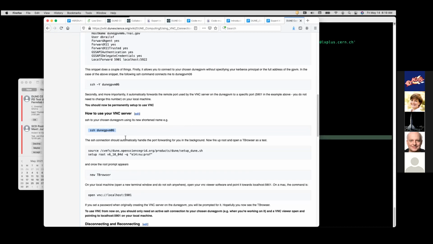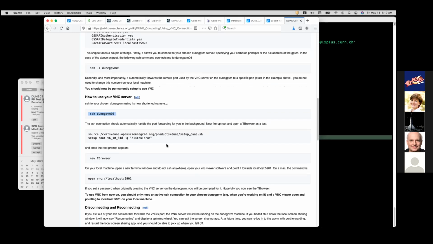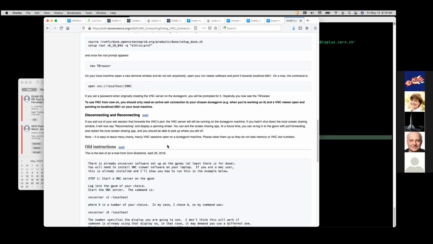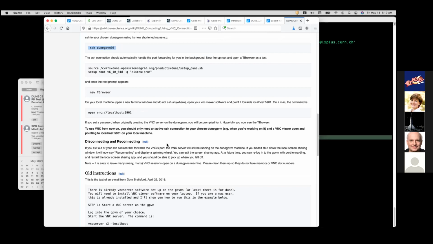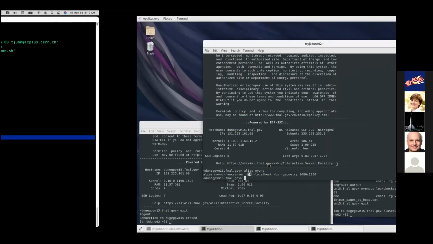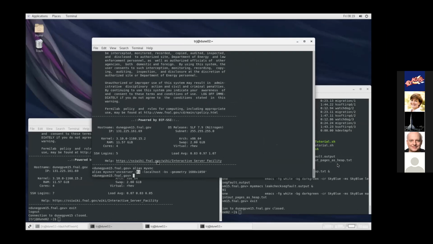And that forwards the port, and it tunnels it over the SSH, meaning that the password that you chose is only exposed to you and anyone who can SSH into this computer. So it's not open to the whole world. So that password doesn't have to be particularly secure, but you have to remember it, and it's only for your VNC server session. If you forget your password, that is, don't write it down or whatever, the